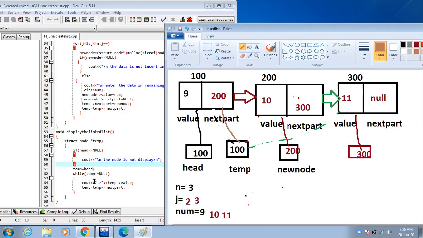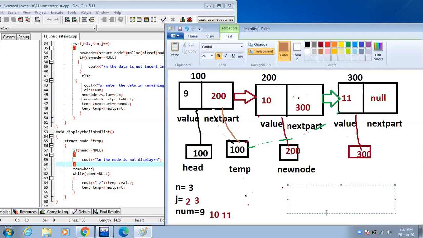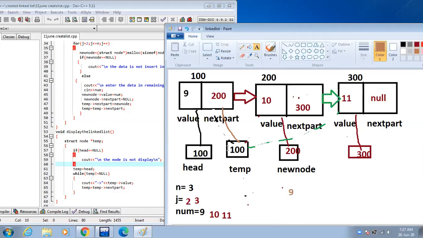While temp not equal to null, meaning the value of temp is not null, this loop is executed. If the value of temp is equal to null, then the loop is terminated. Cout temp value: temp points to this node and this node contains the value 9. 9 is displayed on our screen.